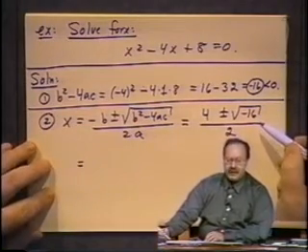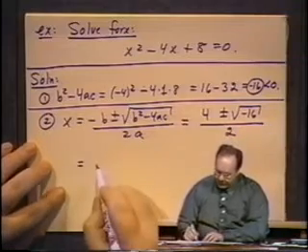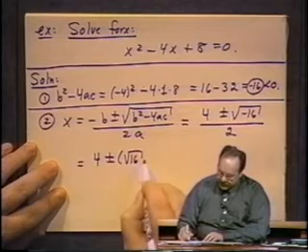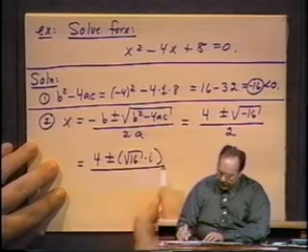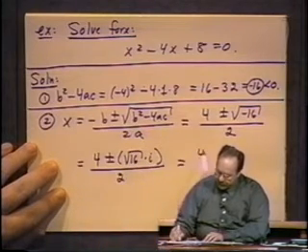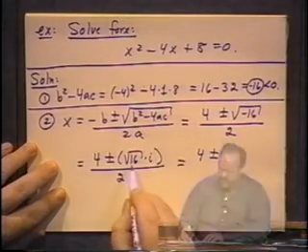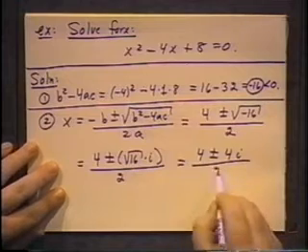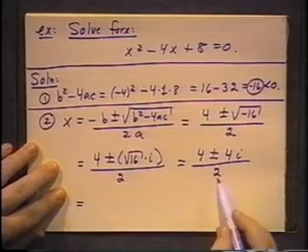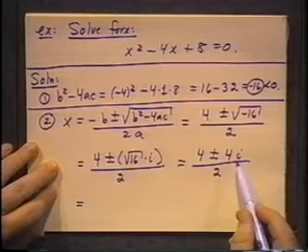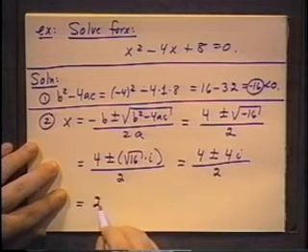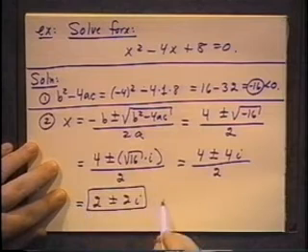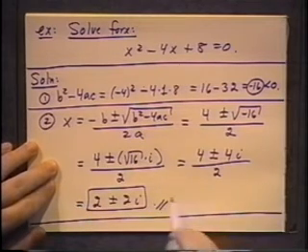When we looked at a complex remainder, we saw how to rewrite that. So this is 4 plus or minus the square root of 16 times i, all over 2. So that's 4 plus or minus, the square root of 16, of course, is 4, 4i over 2, and then remembering how to do your division, the 2 divides into each of these: 2 plus or minus 2i. And these are the two complex solutions, and please note that these are conjugates